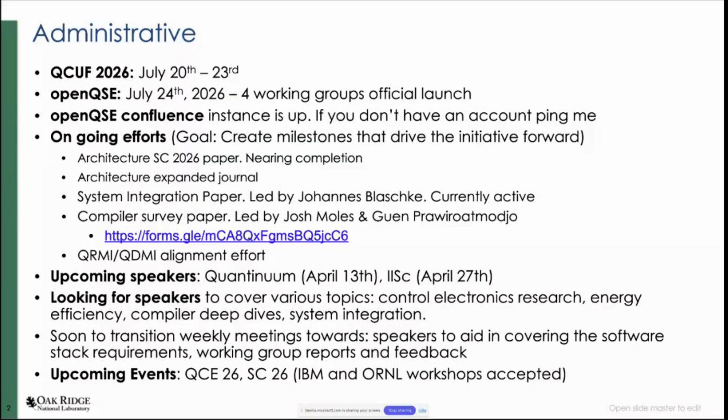The other thing is we have a Confluence instance. If anybody is not on it, please send me a text and I'll add you. There are a few ongoing efforts, and the idea is to create milestones that drive this initiative forward. We have the architecture SC paper that we'll discuss quickly today. That's almost completed. We want to expand this into a bigger journal article, to dive into each stack that was discussed, expand on it and write out the details,